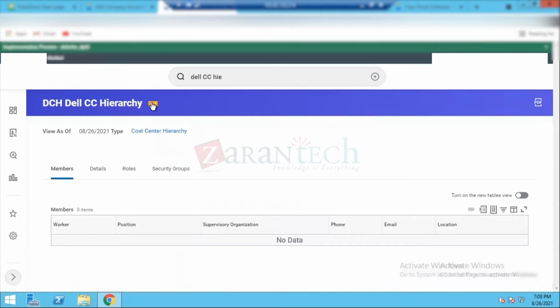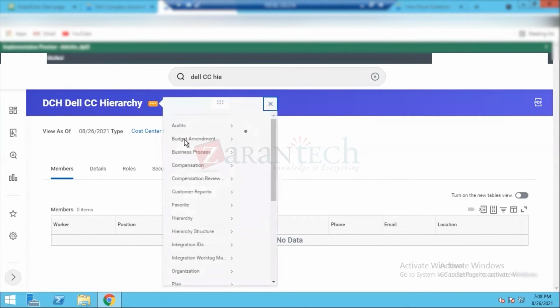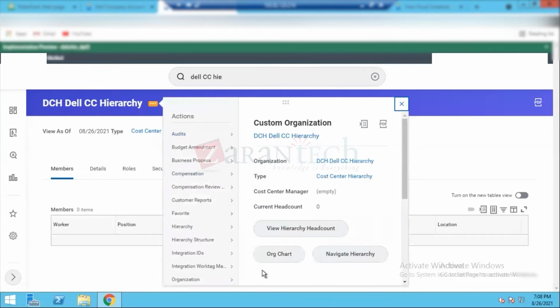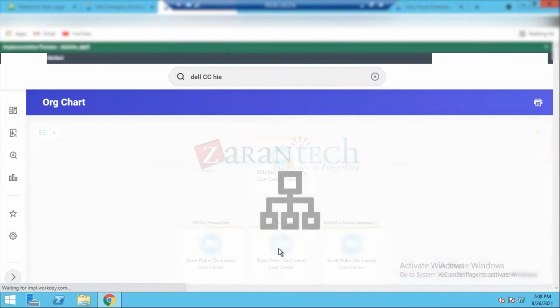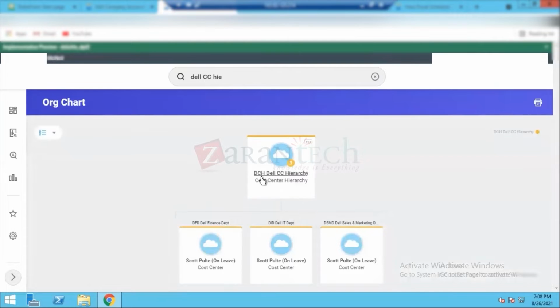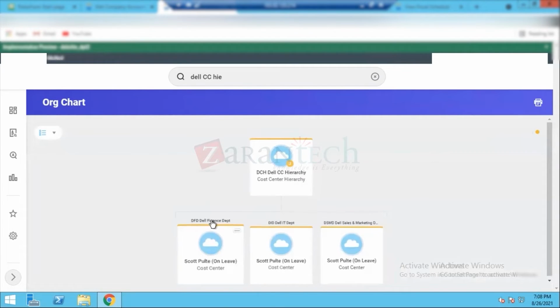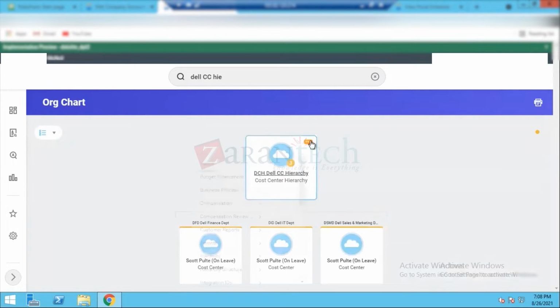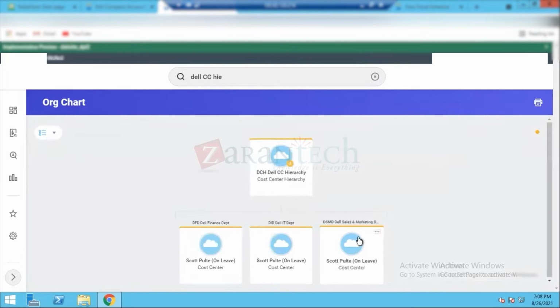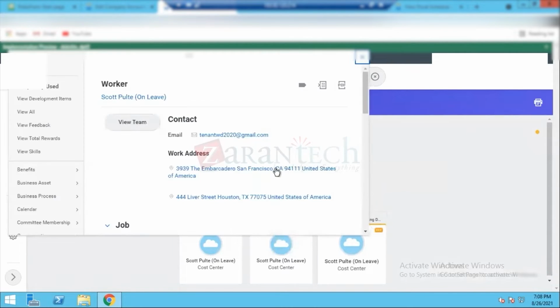In this hierarchy, if I go into the org chart, we created the 3 departments: finance, IT, and sales and marketing. If I want to create another department, or if I want to create 1 or 2 subsections against this IT department, or sales and marketing, then we just click over here and then again go to the